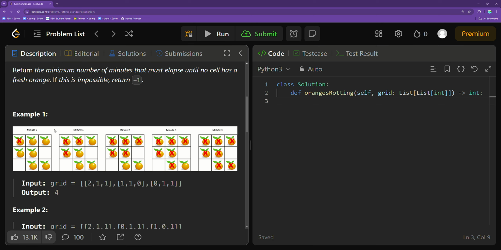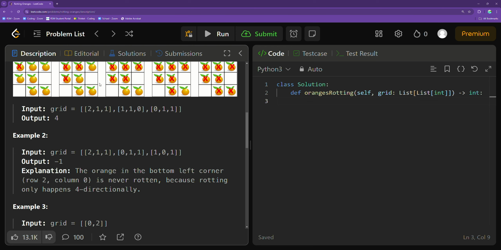And you can see how the process works as we rot every single adjacent cell from each rotten orange within this grid, right? And ultimately, it's going to take minute 4. It's going to take us 4 minutes to make every single orange in this input grid rotten. Okay, so in example 2, applying that same logic, we have a grid of 2, 1, 1,